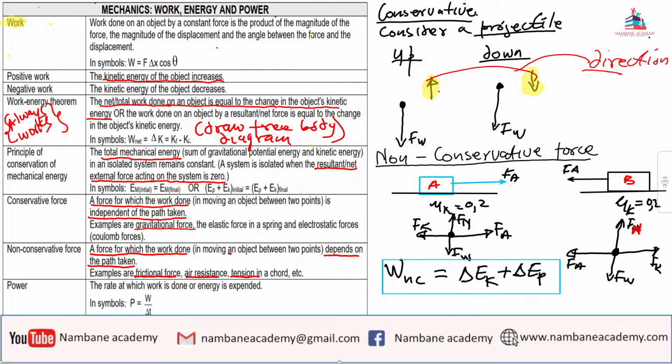So I have three energy principles that I can choose from, and I will always have two options to use. Work energy theorem always works. If I am told there is no friction, the principle of conservation of mechanical energy jumps in. If I am told the friction is there, the principle of conservation of mechanical energy falls out. I am only left with work done by non-conservative force. That is the system or the principles that we use to minimize the confusion in the exam.